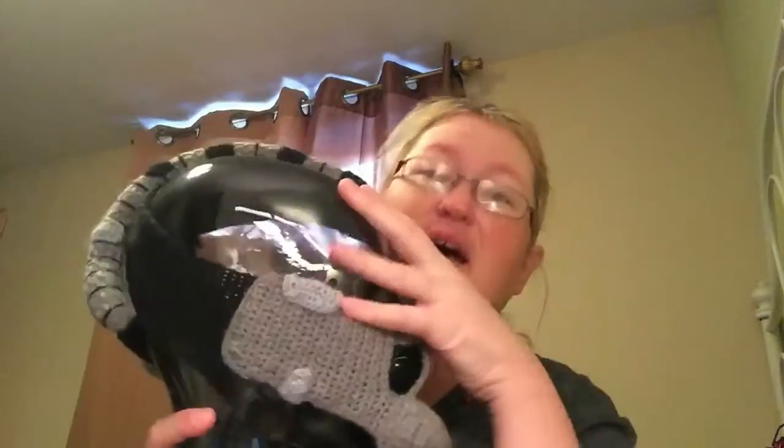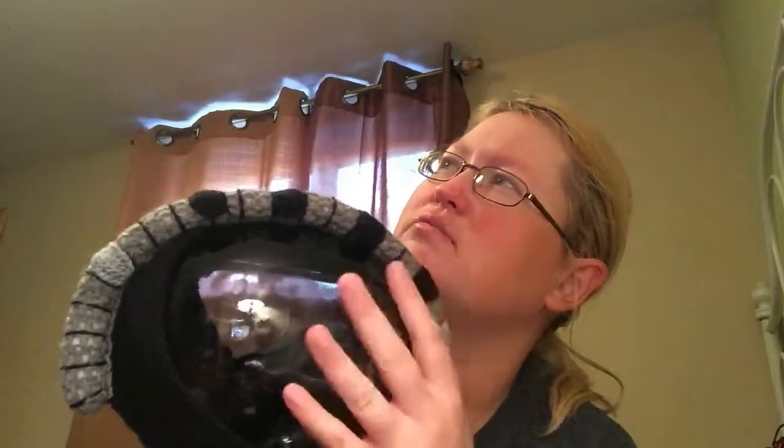I'm actually almost done with the Bane mask, and as you can tell, I have a new head to use for my hat stuff that I knit for displaying, which I got from HomeSense. Yeah, I got this glass head from HomeSense because I found out about it through the Yarn Hoarder, who I'm going to link in my show notes, which I really do need to update on Ravelry. Once I am done filming and editing this video, I'm finishing this up to deliver tomorrow to Fan Expo, so basically next week,